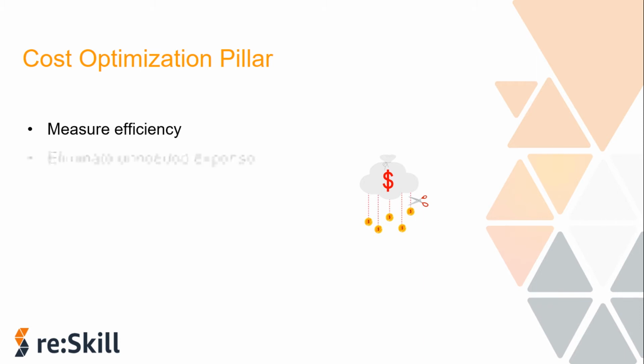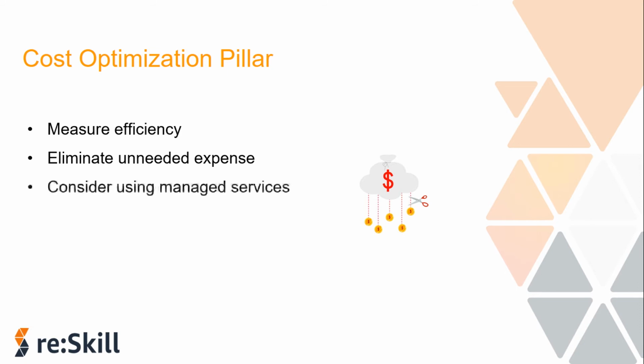Understanding how efficient your current architecture is in relation to your goals can remove any unneeded expense. Also eliminate any unneeded expense by looking into what's not in use, like any unused resources in your AWS account. You can just go ahead and delete them. Any stale snapshots, any stale backups that you don't need anymore, you can also delete. Also consider using managed services because they operate at cloud scale and can offer a lower cost per transaction or service as compared to unmanaged services. Always look for ways to optimize the cost while using AWS.